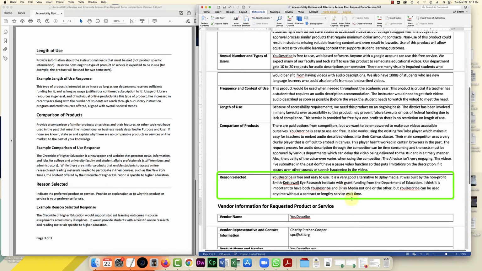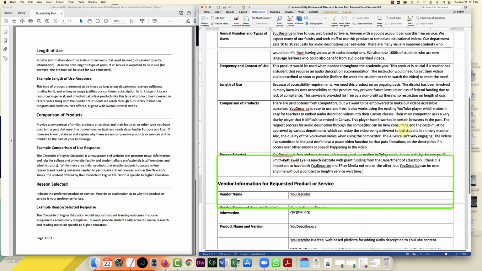There are a few downsides with using it. You actually have to do it yourself. That's the number one downside. So many instructors might not have the time necessary to describe a video, which is when a vendor is useful to have, because they do that work for you. But for us that are in a pickle and we can't wait, or we need to get that video to avoid lawsuits and to just help out the student, number one. Okay, so that's my reason.